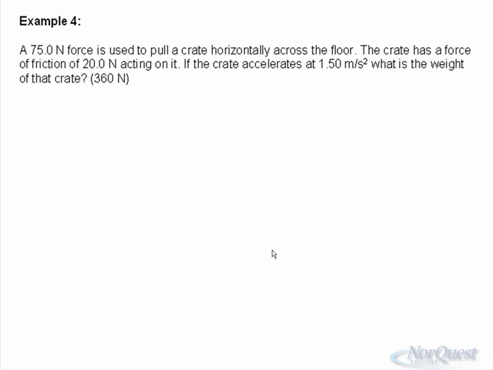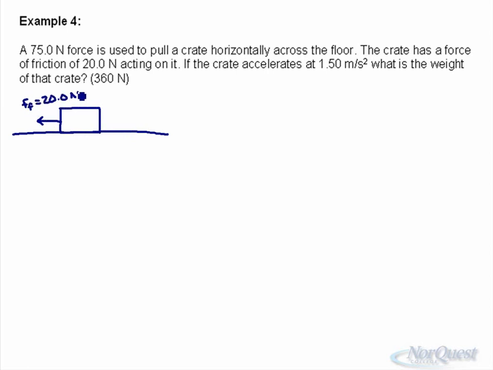Our final example, we're going to take a 75 Newton force and pull a crate horizontally across the floor. It's going to set up pretty similar to example 2. So here's my crate moving across the floor again horizontally, so there's no incline. It has a force of friction of 20 newtons acting on it. Force of friction